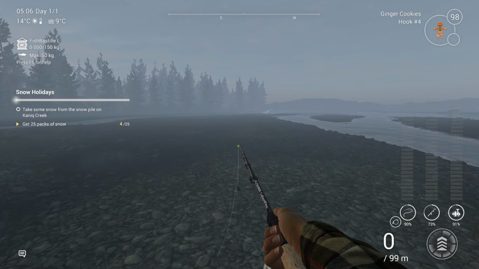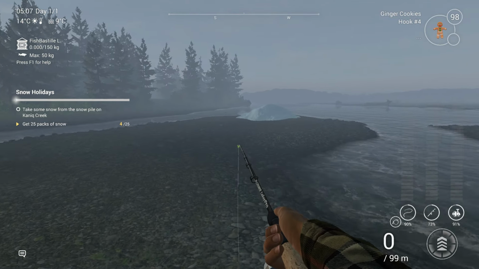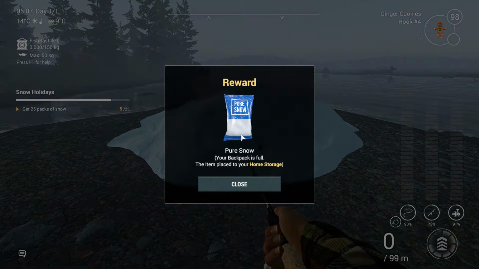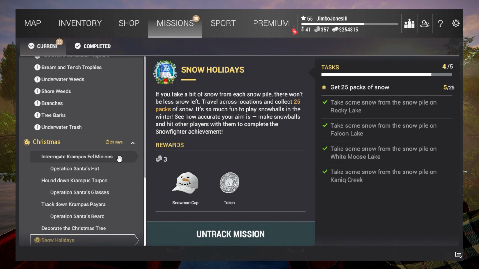final individual specific one, and then obviously you've got to get another 20 more, but that I think is fair enough, because over the course of the time that this runs you could easily pick those up. Just make sure if you're visiting any of these locations, Rocky Lake, Falcon Lake, White Moose Lake or Cannock Creek, that you pick up a pack of snow each day that you're at that location, and you'll very soon, I think, have the